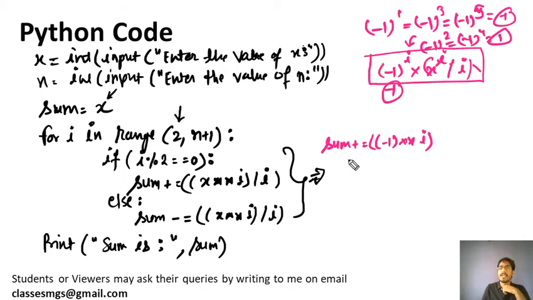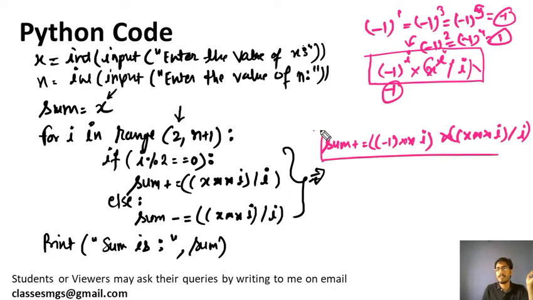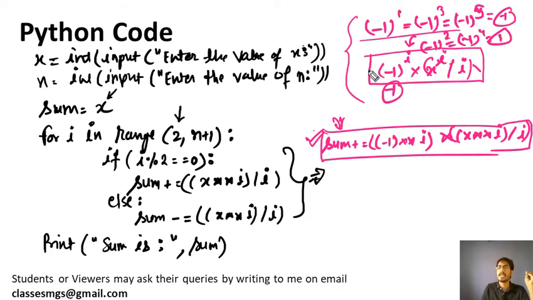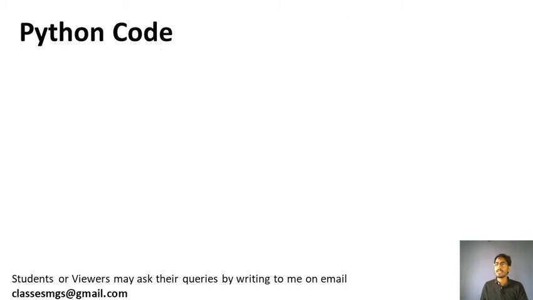Okay, so you can write the same line here, x double star i. If you don't want to write the logic, that is the even odd number check I have given here, then you can also write like this. If you didn't get it, please watch my last video, where I have explained how to write this. I have already explained how it will automatically add or subtract the even and odd terms, if you don't want to write this much code. Okay, so it is an alternate. I am going to explain this because it is simple to understand for non-mathematical background students also. Okay, so let me go ahead and run this code in the editor.